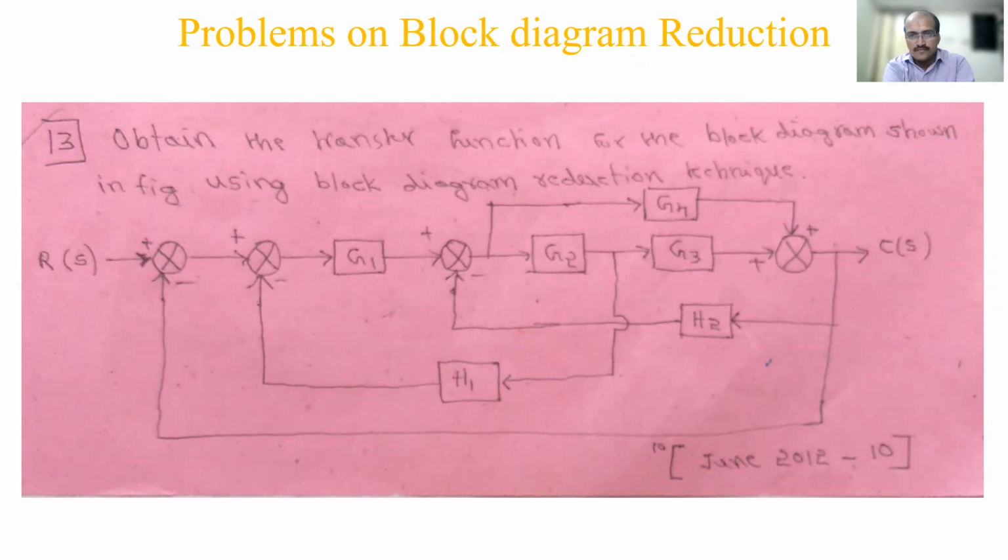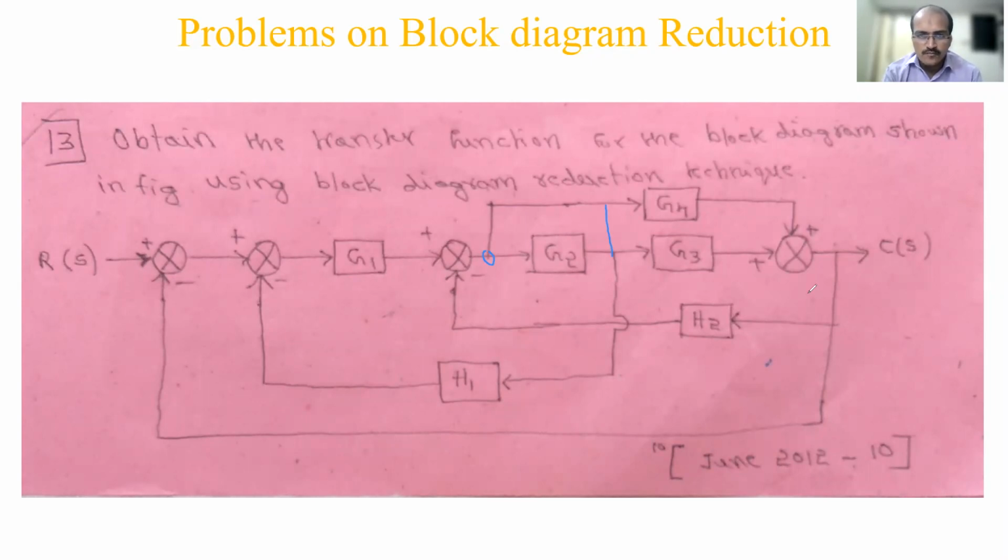Okay, so how to simplify this? You have to look for the takeoff points here. Here there are no blocks in series or parallel, so you have to think of the rules only. If you move this takeoff point ahead of this block, placing it over here, then at least G4 and G3 are in parallel. Then you can move this takeoff point ahead and work it out like that. You have to think of it.